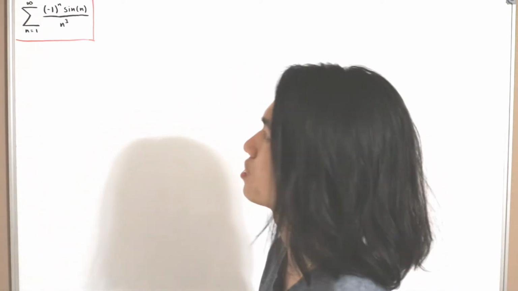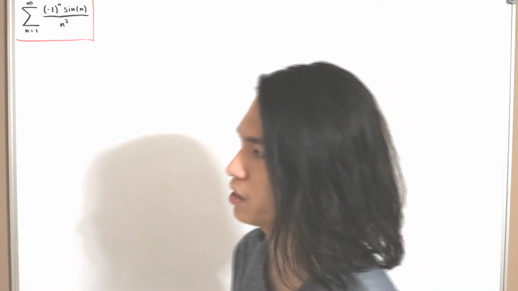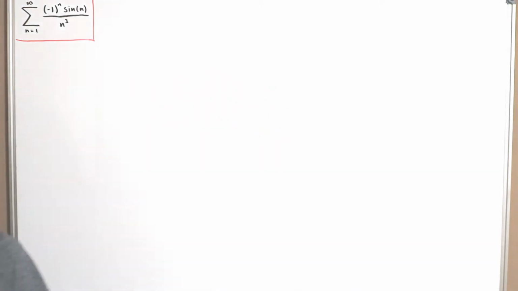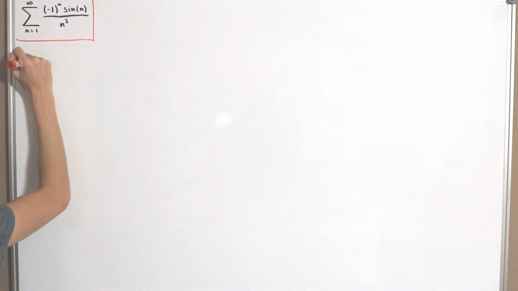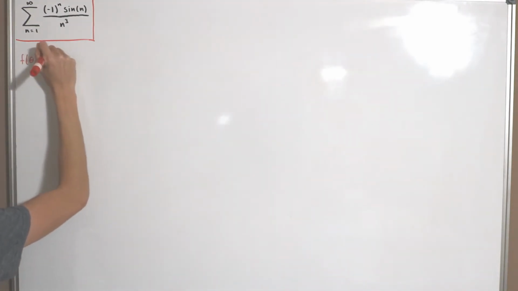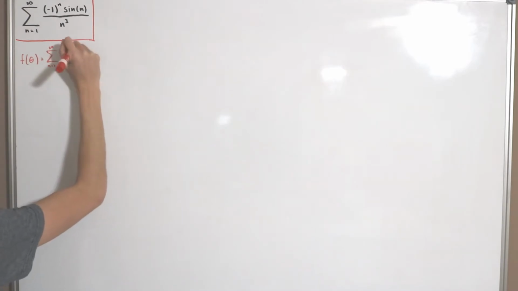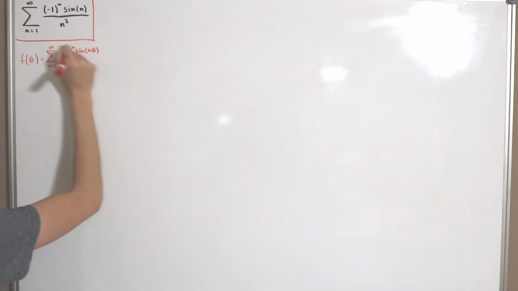We're actually going to be using some complex analysis to evaluate this series and then manipulate some stuff as we go through. It's not going to be anything too convoluted or crazy, but anyway, let's just jump right in. So I'm going to define our function in terms of theta. So f of theta is equal to our infinite series, (-1)^n multiplied by sine of n theta divided by